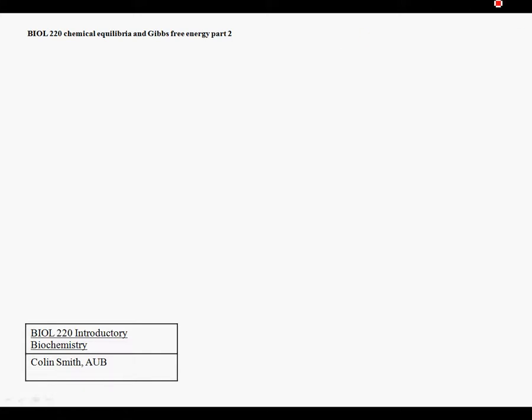This is chemical equilibrium and Gibbs free energy part 2. And here I'm going to relate equilibria for simple reactions. Let's give the general case of reactants A and B turning into products C and D. And earlier I had talked about a chemical quotient, which is a useful